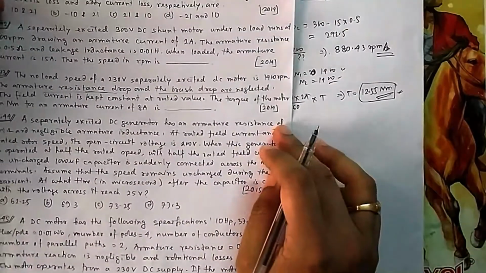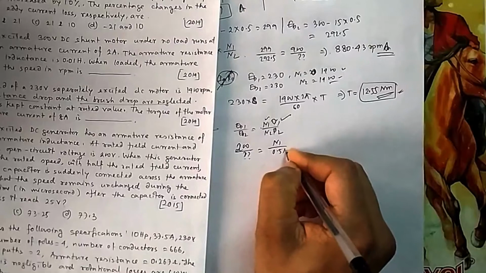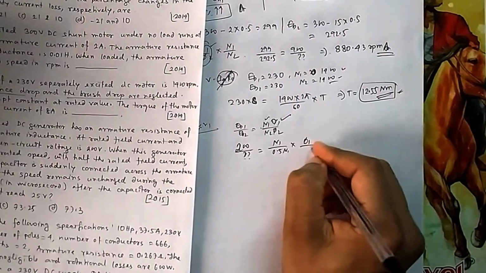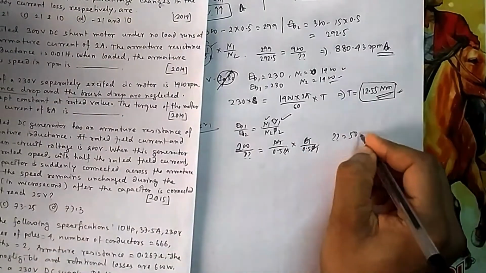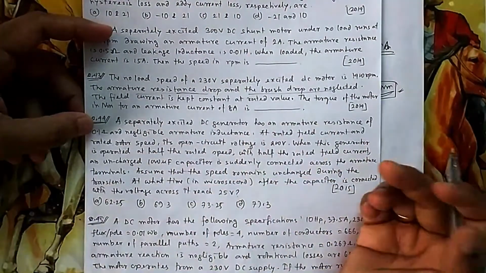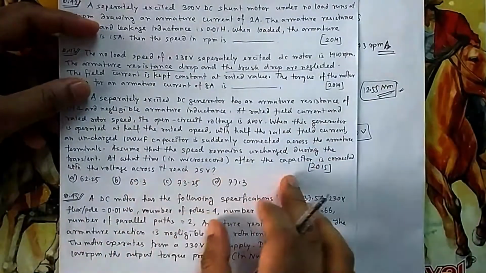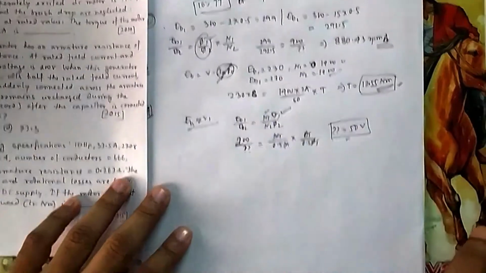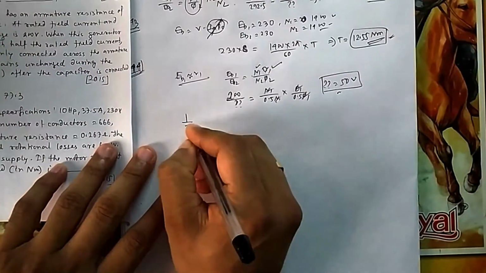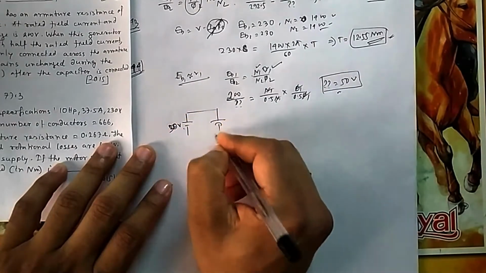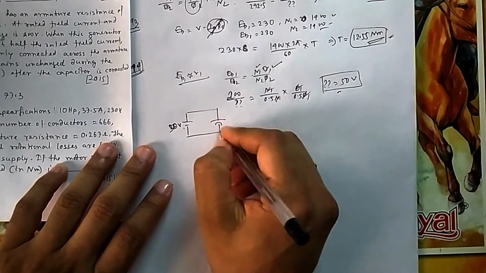If the open circuit voltage was 200, and N is 0.5 of N1 because it is half, and field current is also half, so if it is phi1, then it is 0.5 phi1. So this one will be equal to 50 volt. That means the generator output voltage you can consider as the terminal voltage of 50 volt. I have neglected the armature drop, because the armature current is not given. We need approximately at what time it will reach this 25 volt. That's it. Now you can think of a 50 volt source which is connected to a capacitor. It is uncharged, and how will it reach 25.